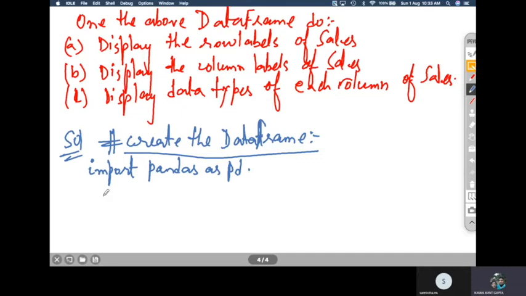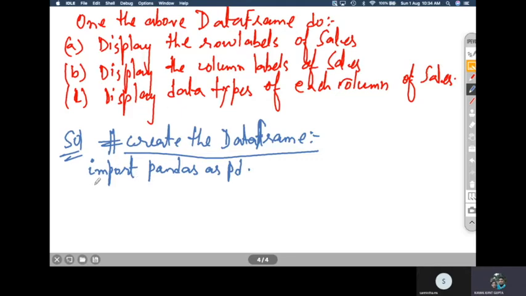We can use a dictionary in which the column names will be acting as keys, and the values under the column will be acting as a list. So we can pass that, and we can create a pandas data frame.